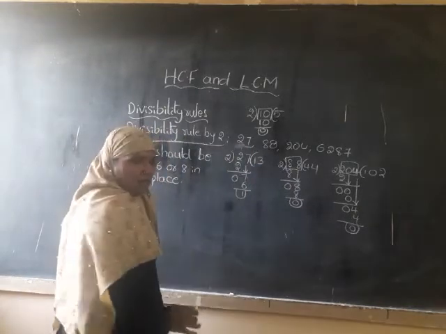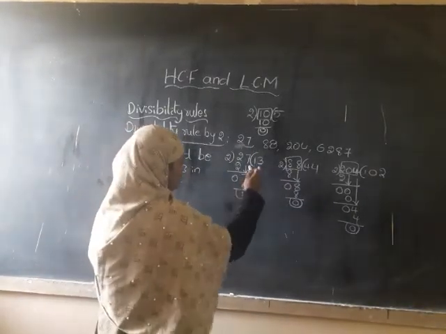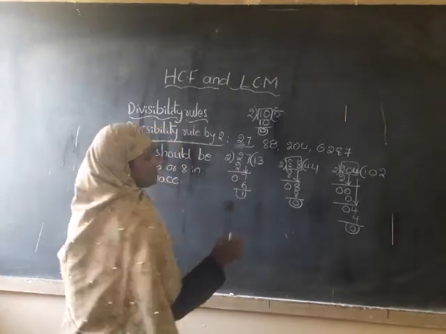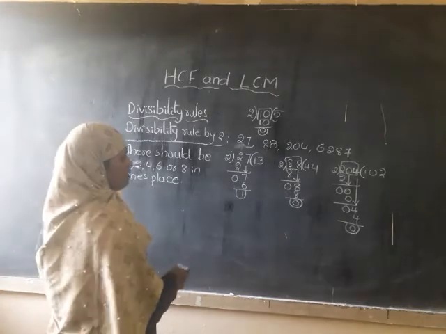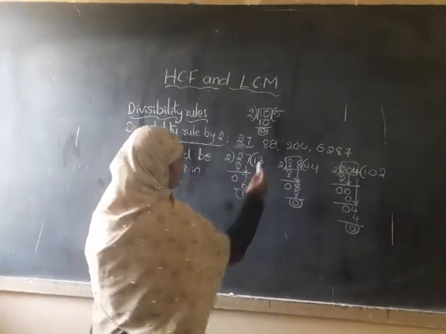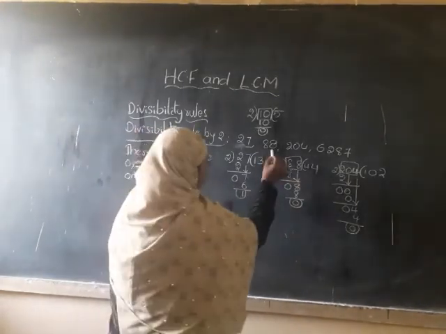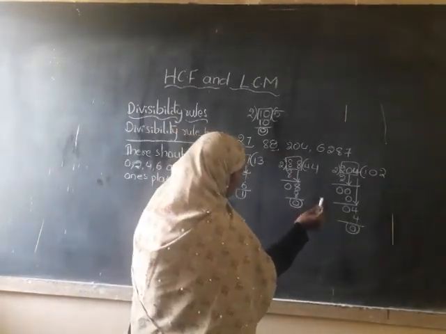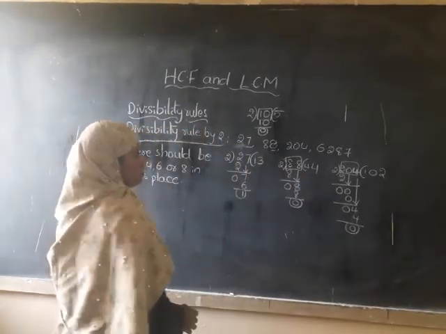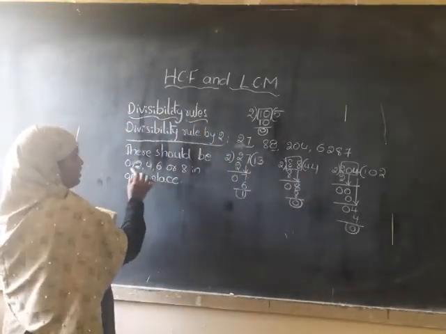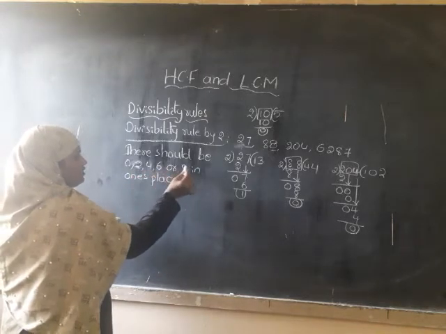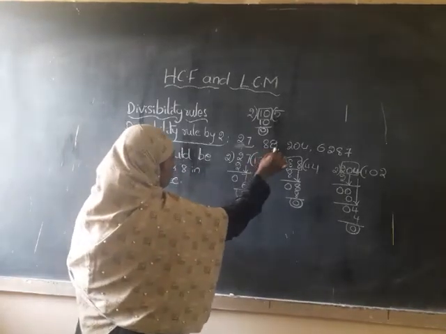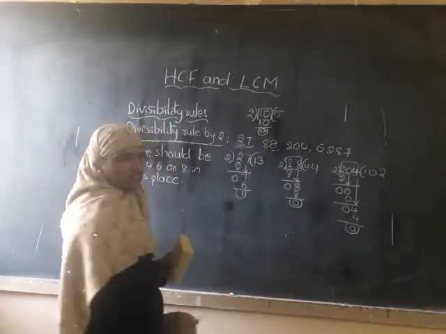Is this number completely divisible by 2? No. By actual division we get the remainder 1. So this number is not divisible by 2. Why? Because it leaves the remainder 1. Now move to the second one. 88. In ones place there is 8. By performing actual division, we get the remainder 0. That is completely divisible. According to the rule, there should be 0 or 2 or 4 or 6 or 8. Yes, there is 8 in ones place. So 88 is completely divisible by 2.